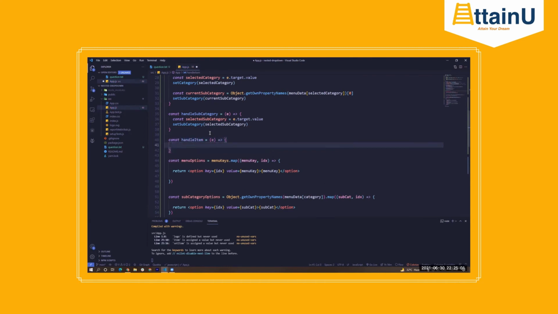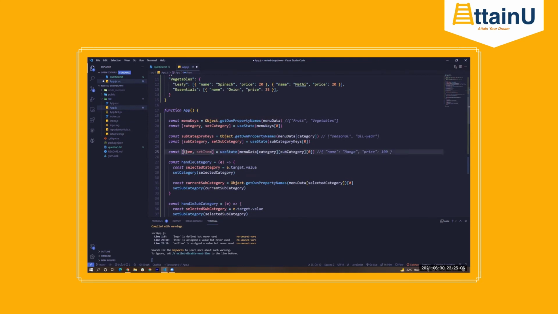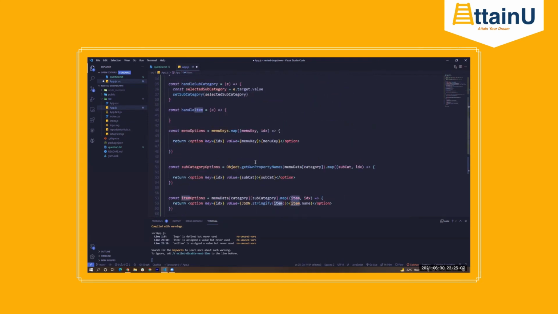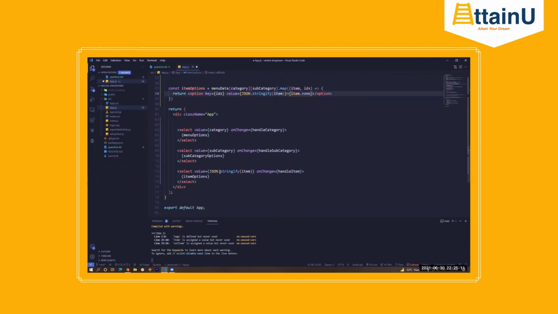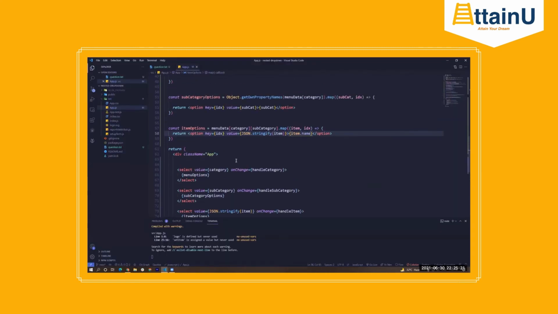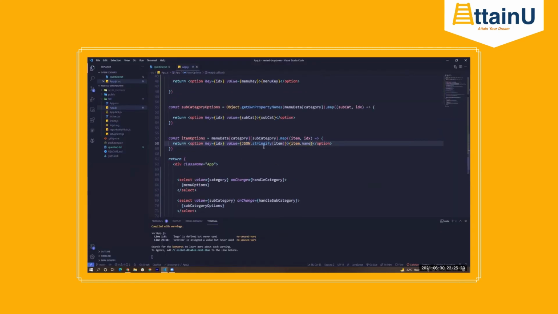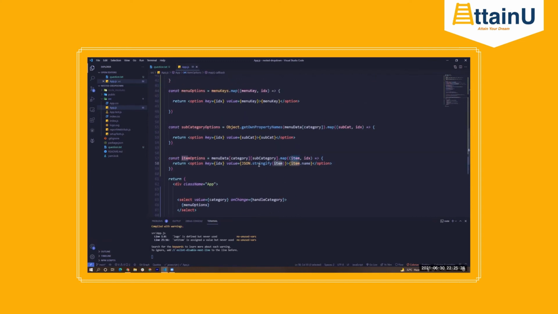Now, since our initial state was storing an object, that is why we were able to use item.name here. But now we are stringifying it in the value. That means when the user interacts with this element, the on change handler will give me the stringified version of this entire object item, whatever that item is, correct?